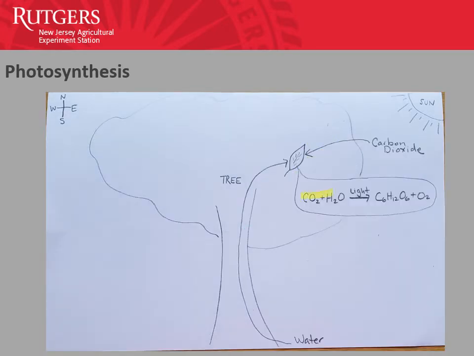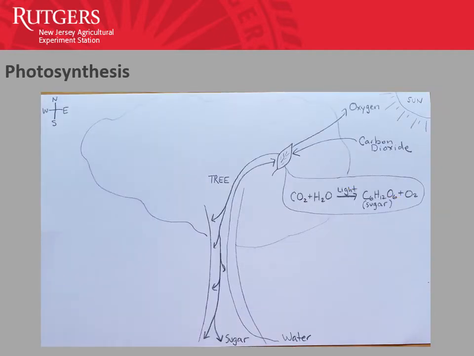This is the basic formula for photosynthesis. So we have carbon dioxide from the air being absorbed into the leaf, and we have water from the soil being absorbed through the roots and up the stem into the leaf where photosynthesis takes place. And in photosynthesis, the energy from the sun is used to convert the carbon dioxide and water into sugar and